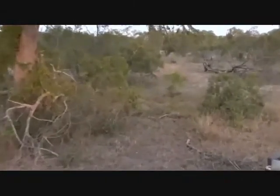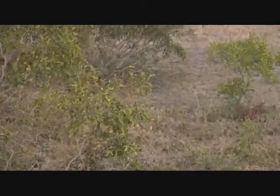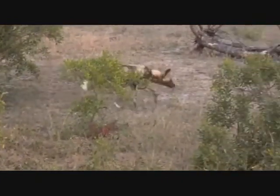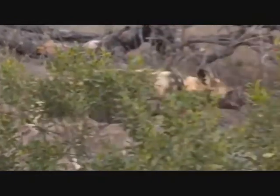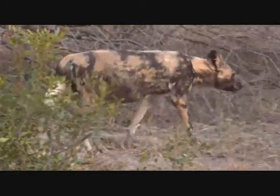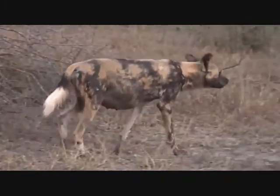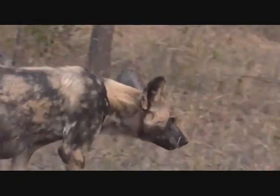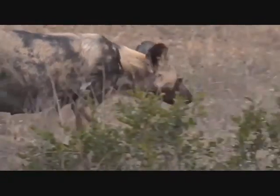Now, she should be coming out just in front of us here. Are you going to stop there? No. There we go. Look. So that looks like the alpha female. You can see her teats are swelling. So she's definitely got little puppies on the way. So those won't be too much longer. I would imagine probably within the next few weeks, she's going to be starting to display and to drop her